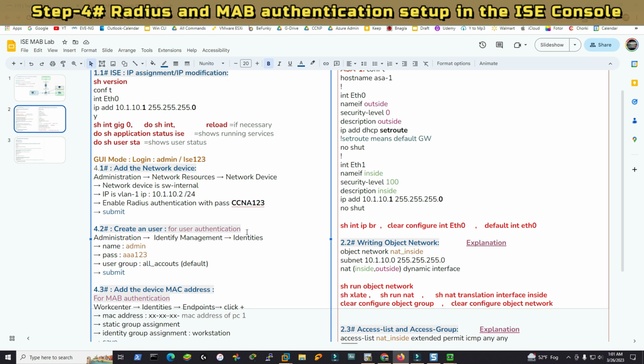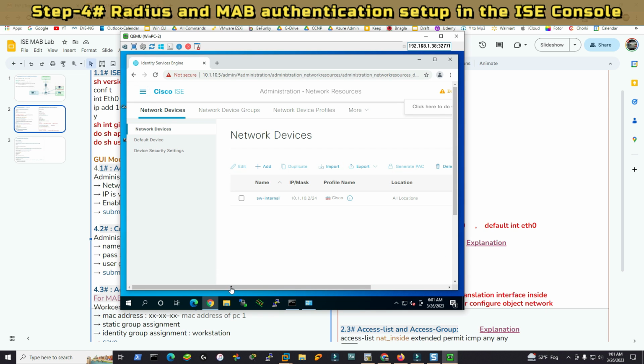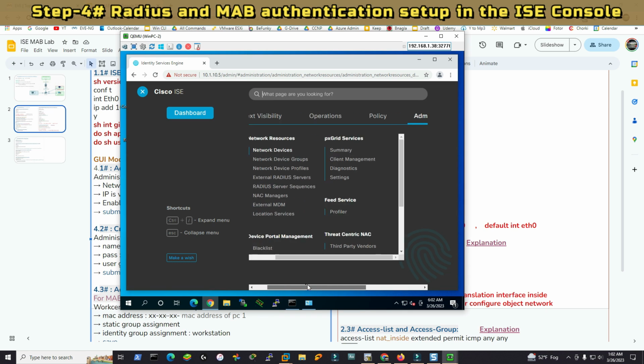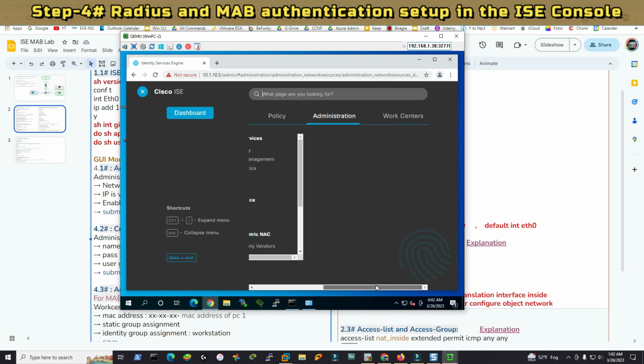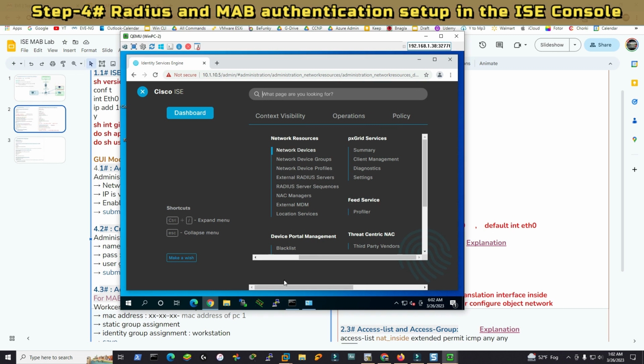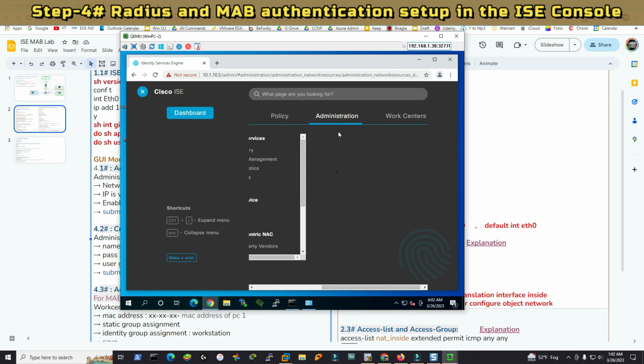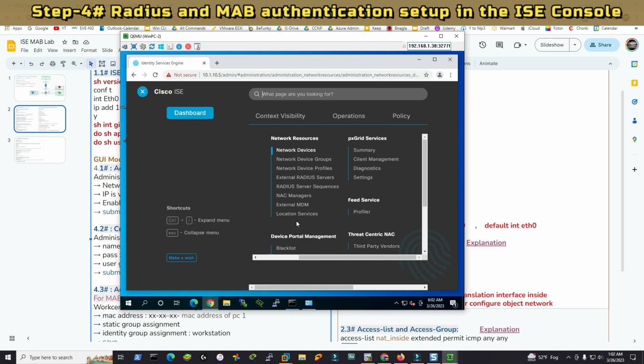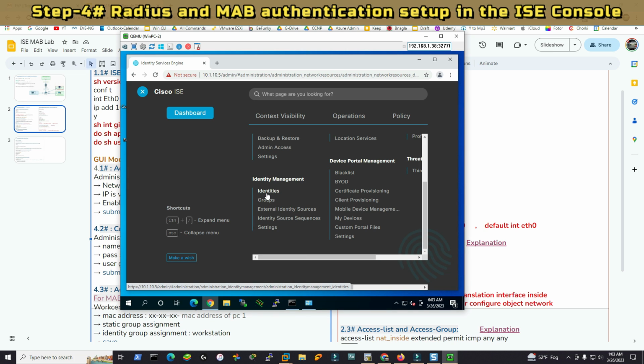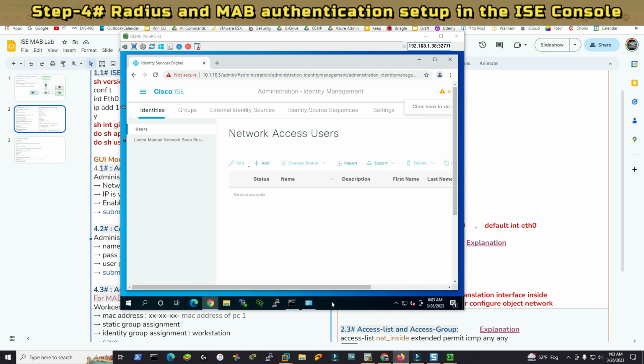Switch internal. Now we are going to add a user in the AAA server. Going to the administration tab, we are in the administration. I do apologize for doing this. I cannot maximize the screen because there's a limitation for the KVM image. Anyway, administration, and then we need to go for identities. We need to look for identity management. There you go, identity management, and then we have to look for identities, and then we'll add a new user